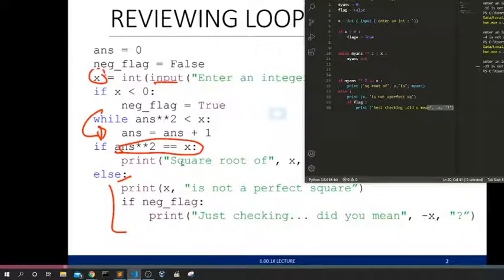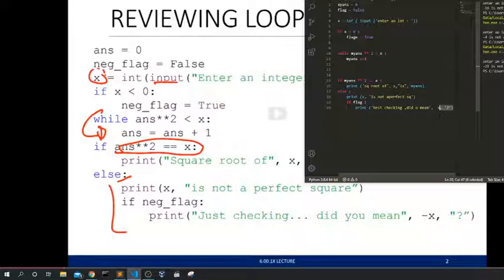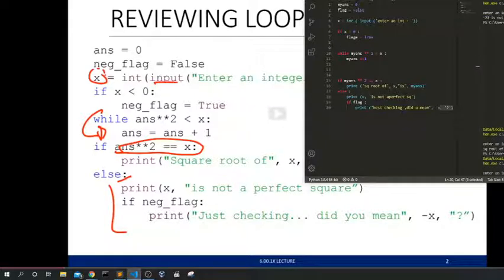See, because it's less than 0. Ah, so let's try 0. Let's try 0. Okay. 0. No. Shit. What didn't we try before? So enter an integer. Actually this is not going to work because it's not an integer. Traceback. Yeah. But this is not.